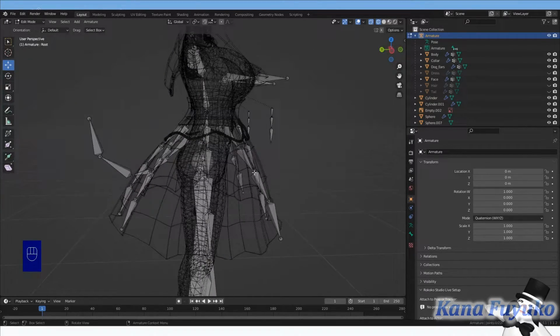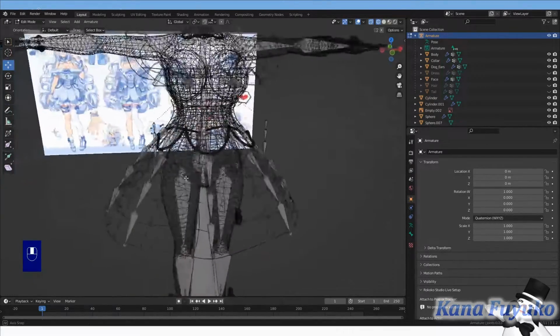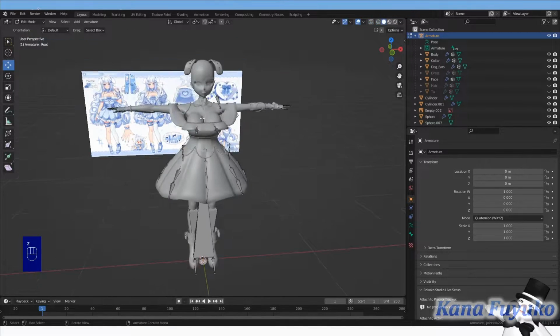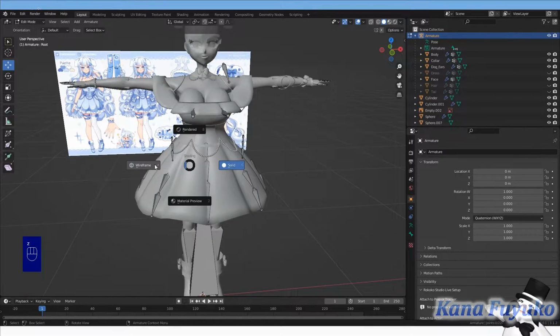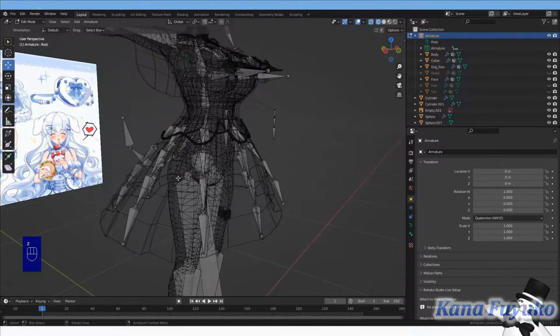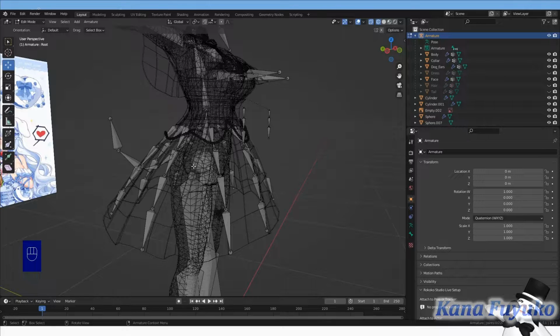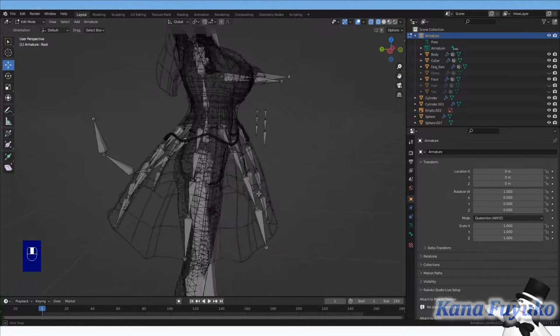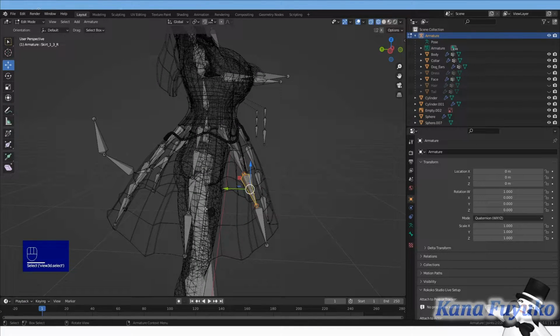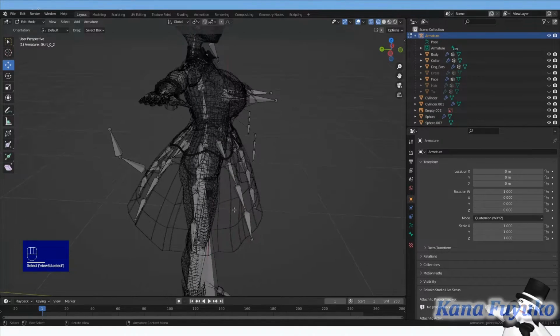I wanted to keep it as simple as possible. If the person does wish to put them all in VRChat and have someone else do it for them, this little rig should do the trick for VRChatters, I guess. But for this skirt rig here, I kept it as simple as possible.